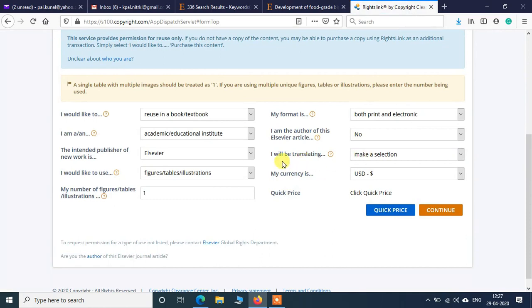So after this, I will be selecting no for translating, because whatever figure I am getting from there, I will just be using it as it is. Okay.